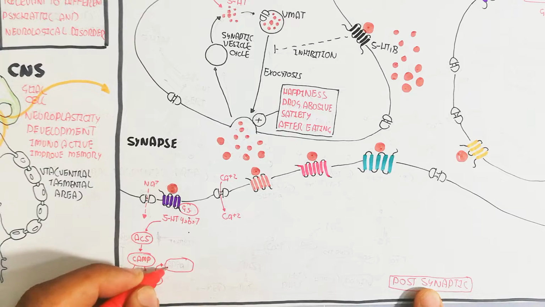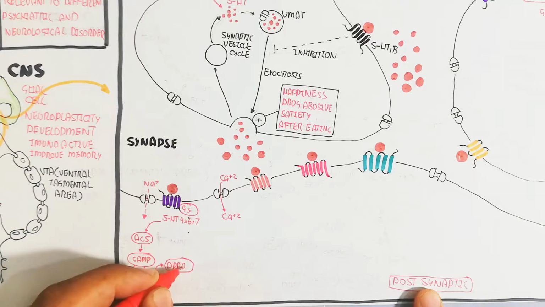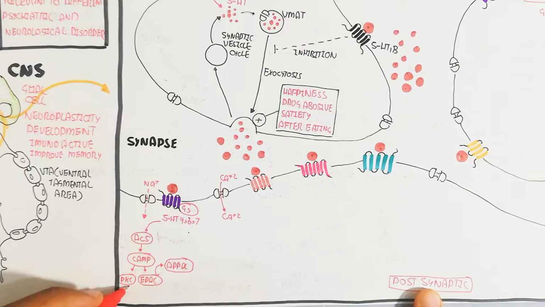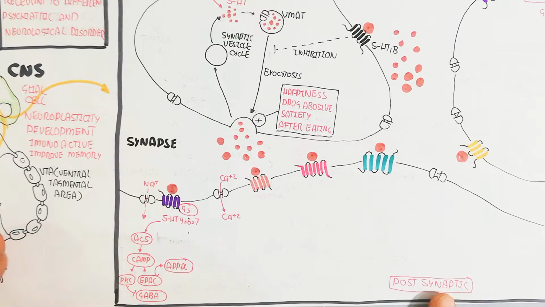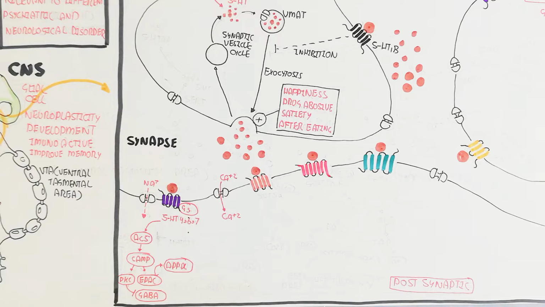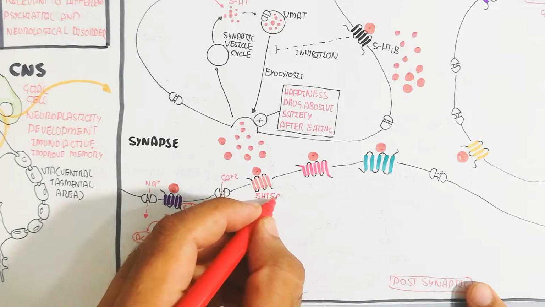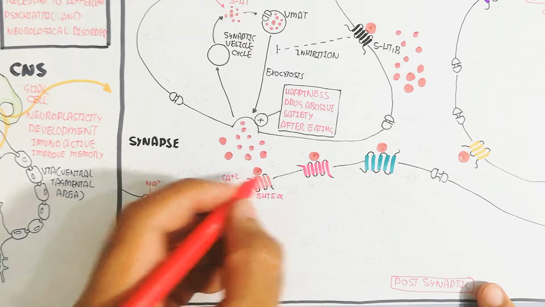And what is the protein kinase C activation? The meaning of this in this situation: basically, protein kinase C will inhibit the GABA neurotransmitter, because GABA is mostly an inhibitor for the serotonin releasing. So the GABAergic neuron will be inhibited from releasing GABA. So the inhibition will occur and the happiness will trigger more.